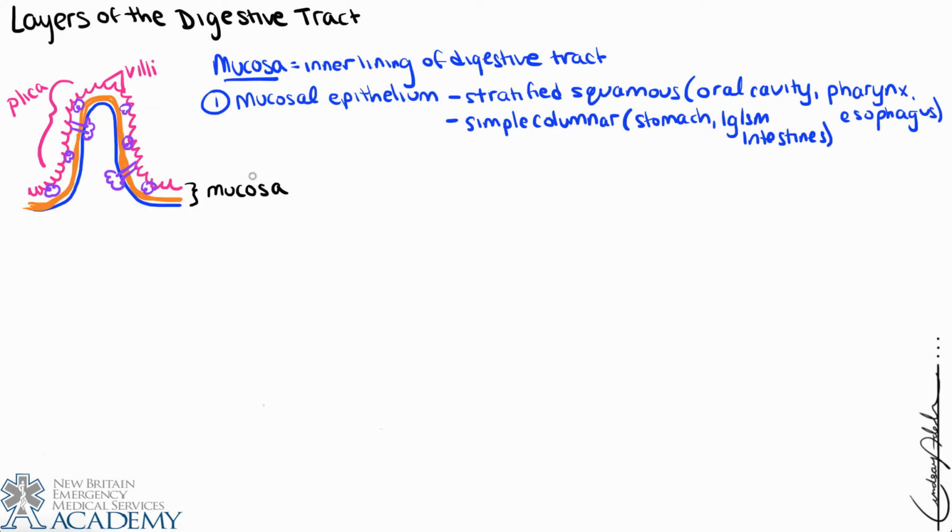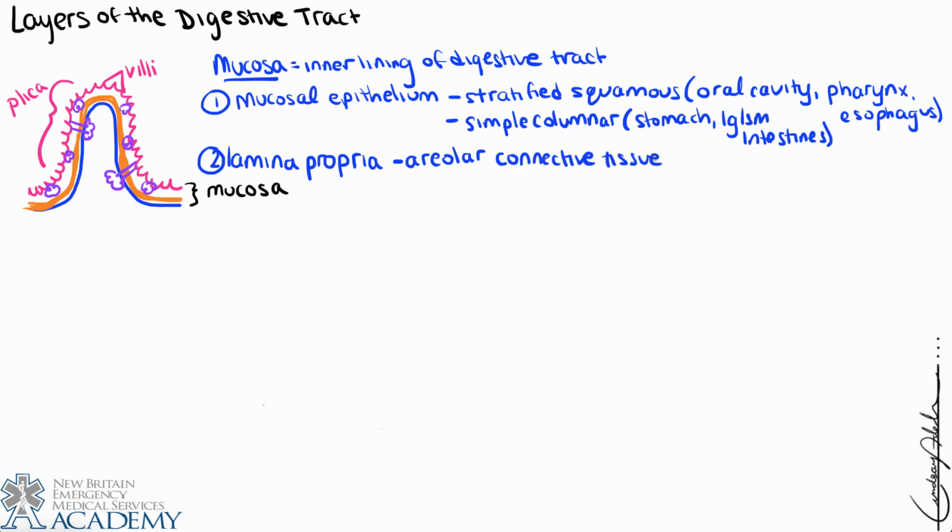In a later video, we're going to do a blow up of what's happening with just the villi, so we'll have more to say about that soon enough. There are 3 components of the mucosa, and we're going to work our way from the pink to the blue, so from what would technically be the innermost